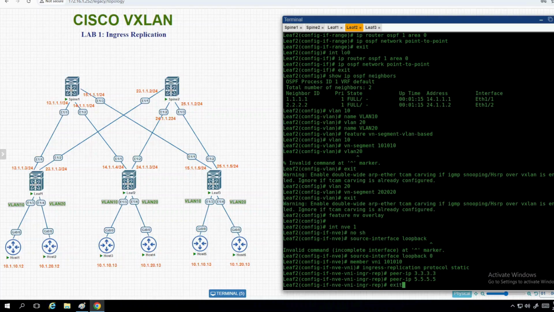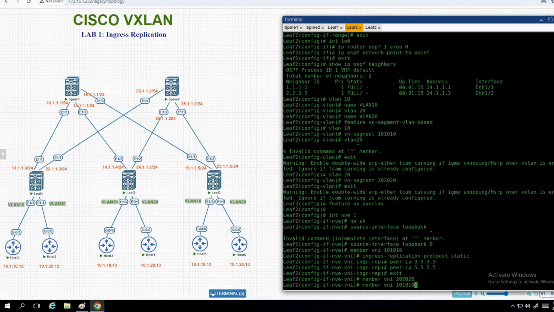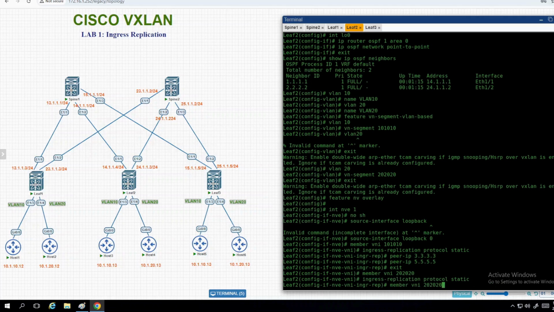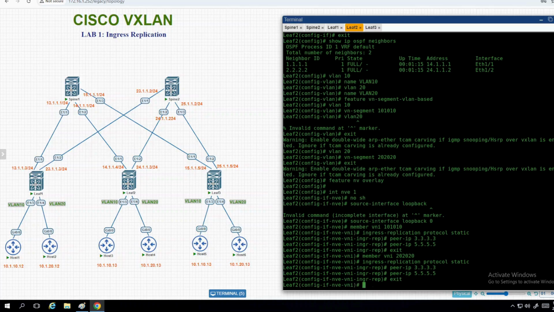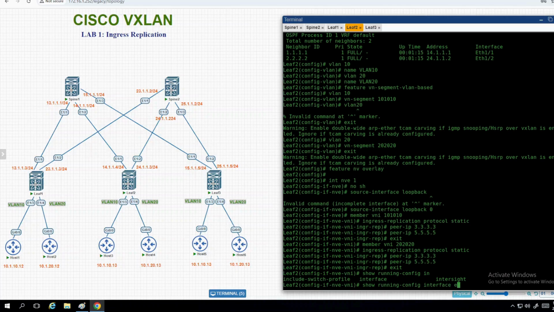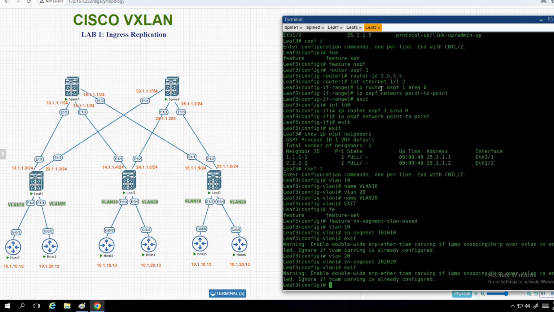5.5. Exit. Similarly goes for member VNI 202020. Ingress replication protocol would be static, peer IP would be 3.3.3.3 and 5.5.5.5. Exit. Show running interface NVE1. Alright. Last but not the least, do the same configuration on